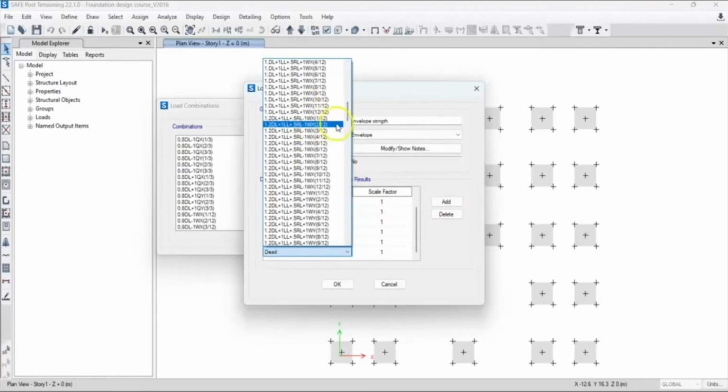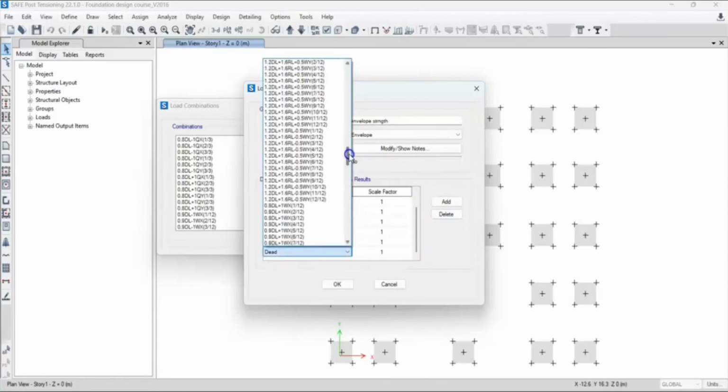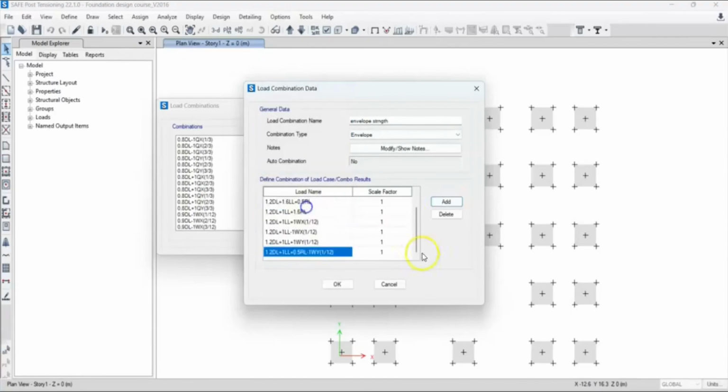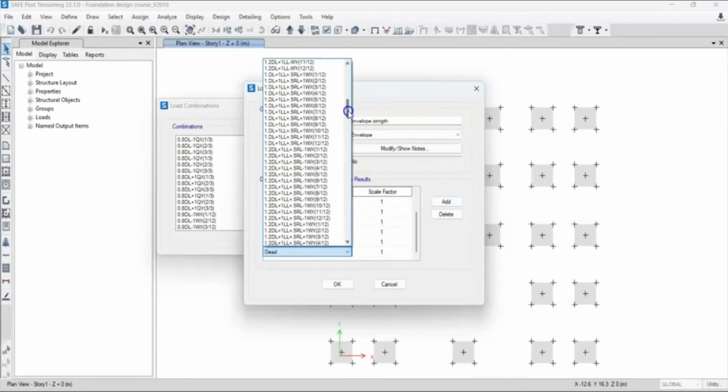Which is plus 1 WY. Let's see, plus 1 WY minus 1 W is 1 WY. Okay, so then the next is going to be this minus 1 WY. Click on add. Okay, so you want to do this for a different load combination, right? Okay, this one. Okay, minus 1 WY